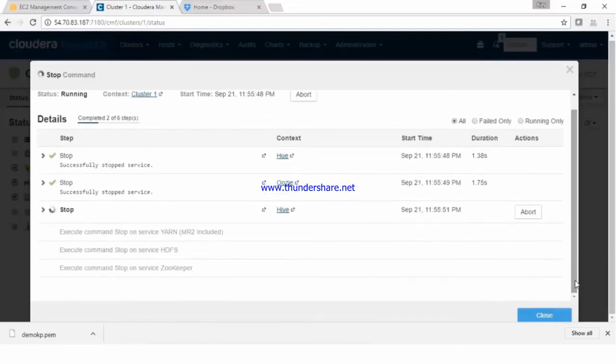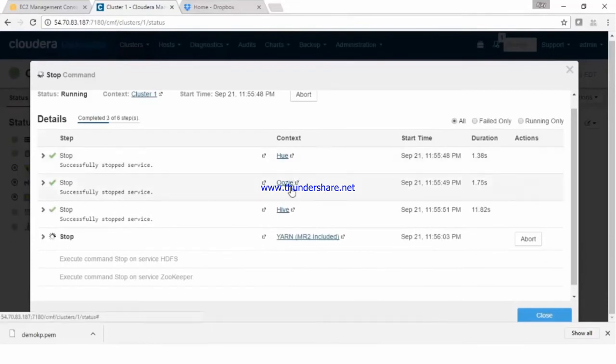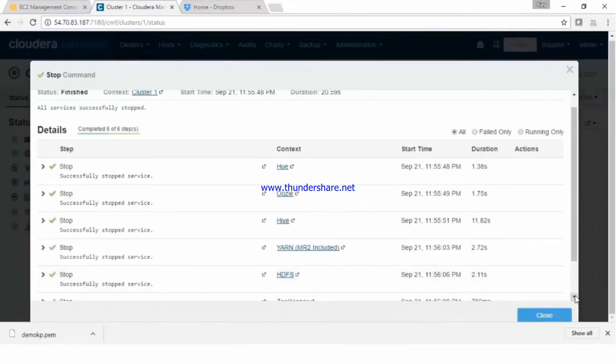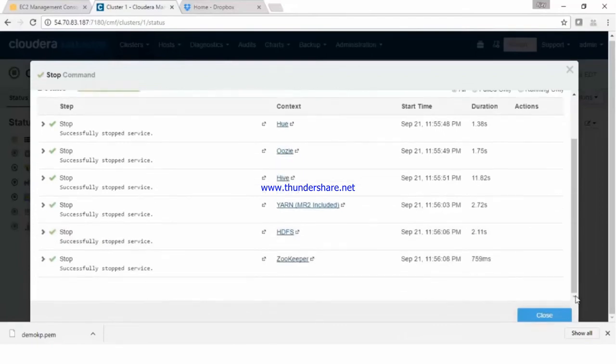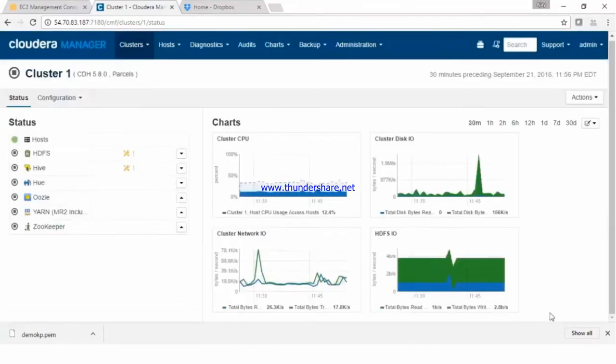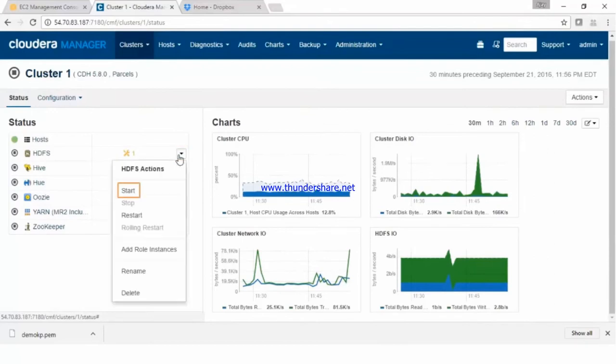Starting of services will be in the reverse order. So it first stops Hue, then Oozie, next Hive, then Yarn, HDFS, and finally it stops Zookeeper. Click Close, and you can see that all services have status as stopped. You can individually start a service by clicking the drop-down list near the particular service. Click Start,